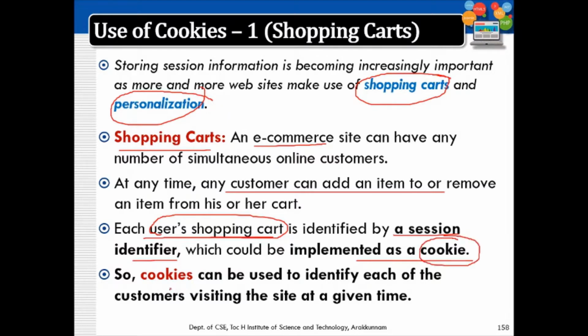So whatever number of tabs any customer opens, it will be identified as the same user, and all the items that you purchase. Suppose that in one tab you purchase shoes, in another tab you purchase mobile phones. All these items will be going to the same shopping cart. This identification is done with the help of the cookie saved at the client site, and this cookie will be sent to the server whenever you try to connect using the browser.